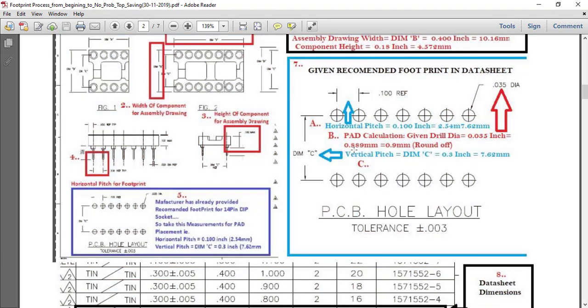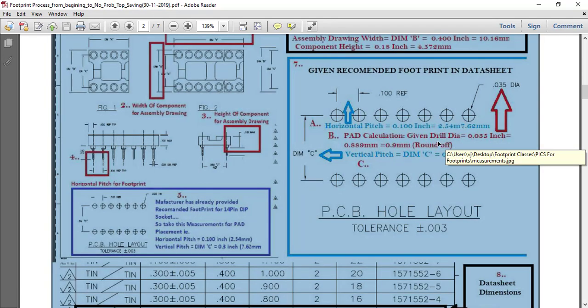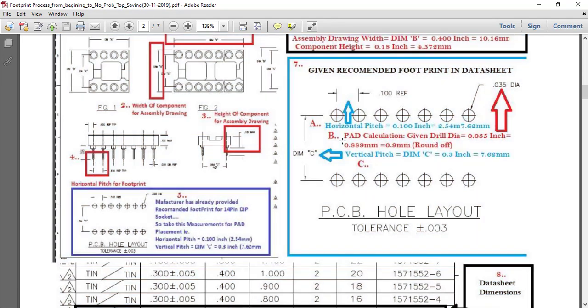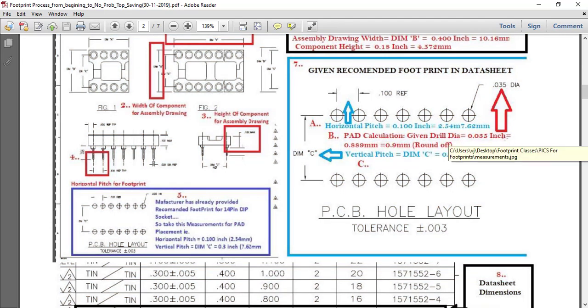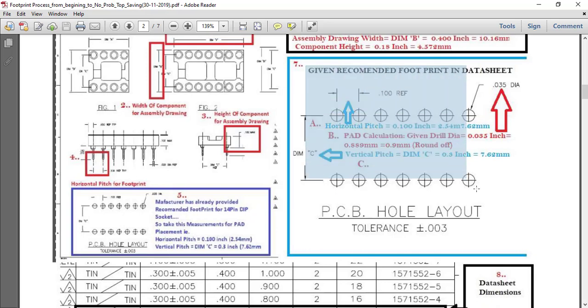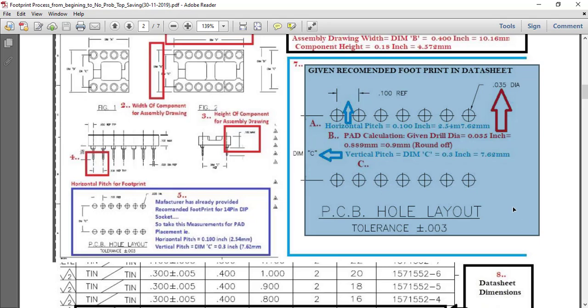Next, the pad: we will not talk about pad creation because we already covered it in the previous video, so we will not waste our time on it. We will talk only about the vertical pitch and horizontal pitch. These are the things they have given, so note all of them in your notebook.